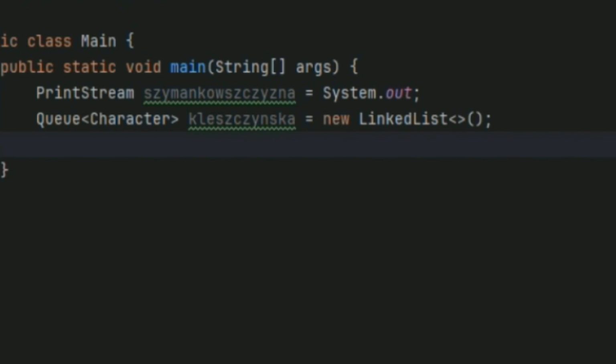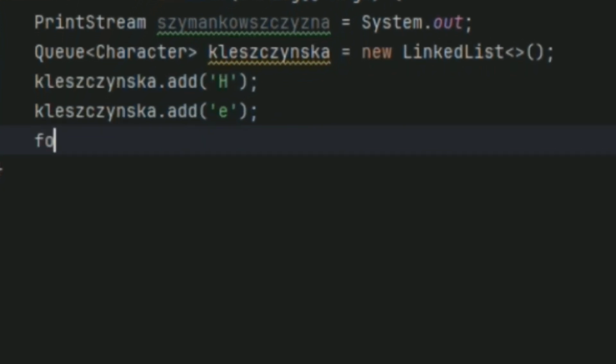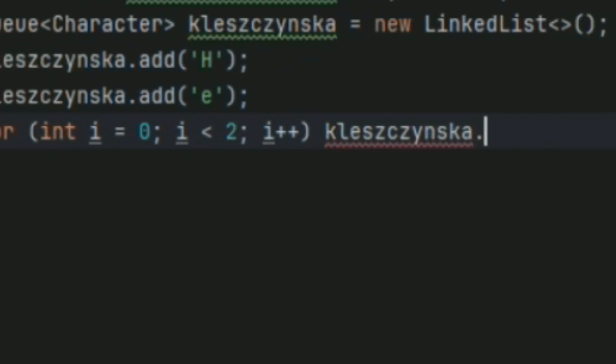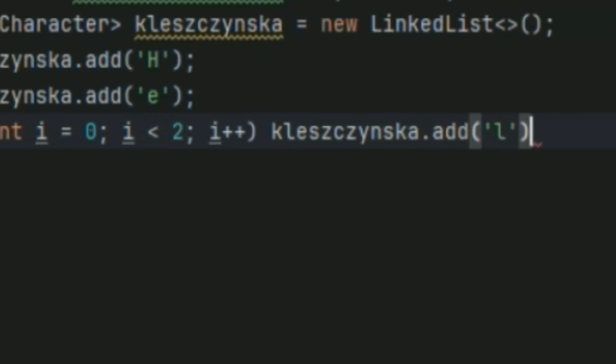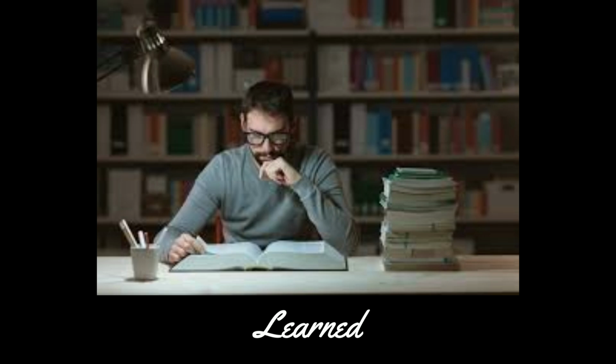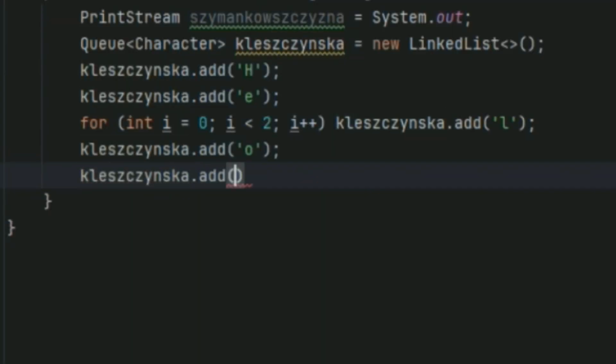Now let's add some characters to our Kylishichinska, starting with a capital letter H. And then let's add an E to our Kylishichinska. And actually in the next step, we can write a for loop. And then in the for loop, we can say that we can add a letter L to our Kylishichinska. Now let's add an O to our Kylishichinska. And now let's be a little fancy here, a little learned, perhaps inventive as one might say, enlightened, or perhaps even well-versed. And add a space character to our Kylishichinska, specifically